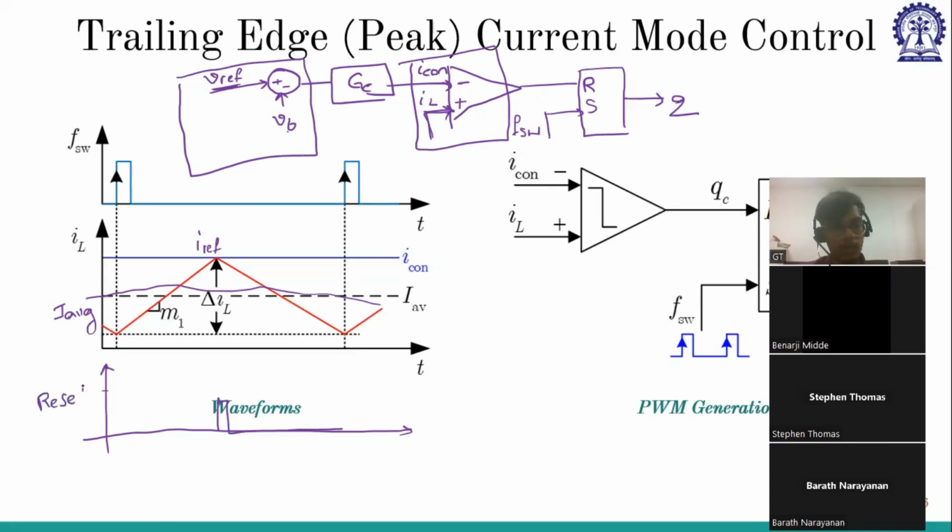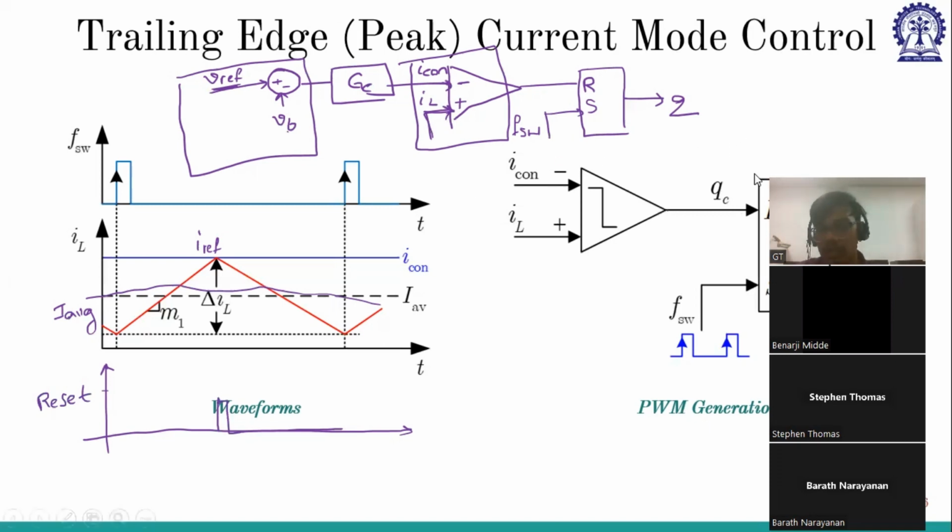Sir, I'm not clear with what I have asked. Okay, you are saying why we are comparing it, why we are not subtracting it, right? Sir, for giving the reset pulse, whether always the reference is having plus and the feedback is minus or not, please clear me that thing. Yes, so first, this will vary depending upon whether you are using a peak current or valley current. So for peak current,